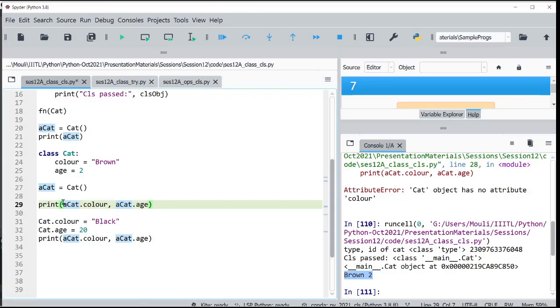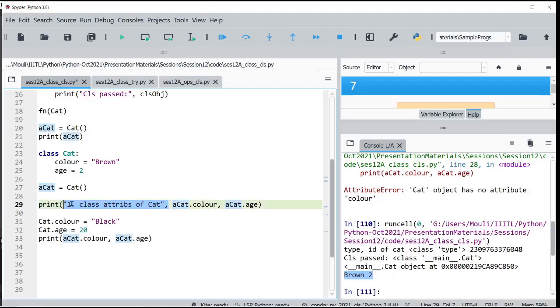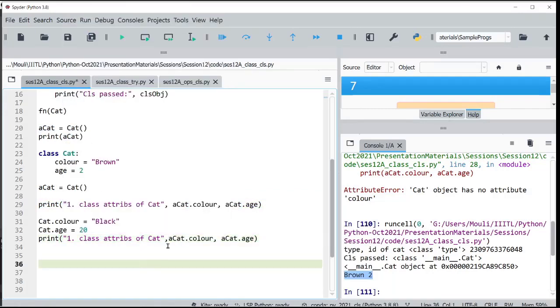So let me say class attributes of cat, just to differentiate them. So what did I do? I modified it now, but I did not modify using the cat object.